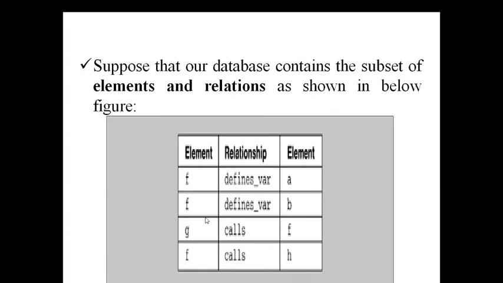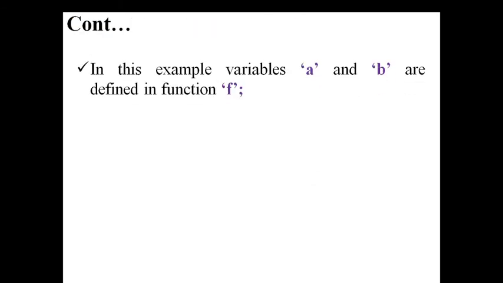But who is going to call whom? Any other element, called g, maybe also a function. This other function is going to call f, and f is going to call h. So after g calls f, f will call h. But in f, what variables do we have? We have two variables, a and b. That information has been given in terms of text. So in this example, variables a and b are defined in function f. Yes, they are local to f, right?